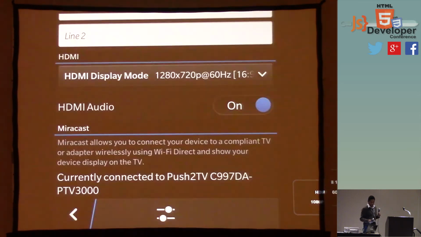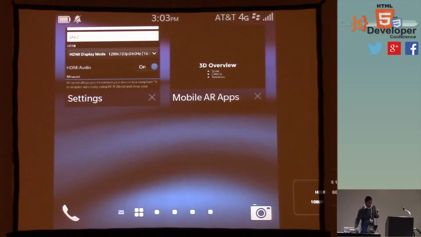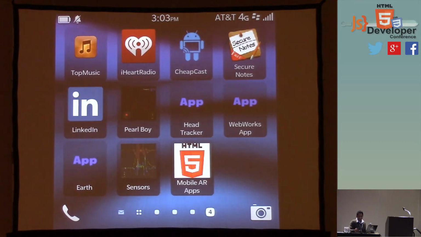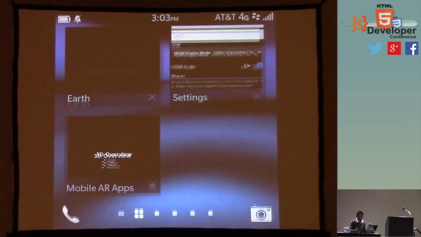Switch. Okay. This one doesn't look right. So here we go.